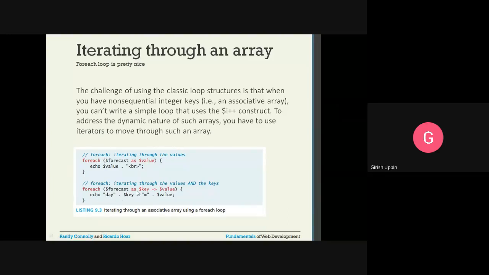Echo 'day ' . $key, Monday, then concatenation with $value, which is 40. So what is displayed in the browser is day MON equals 40, and there are five values. Each will be printed on the same line, because we are not using the break.